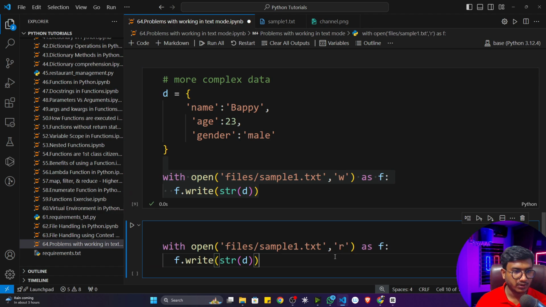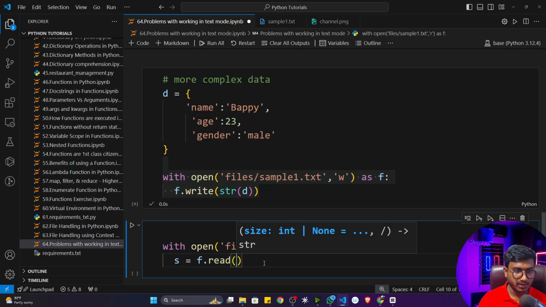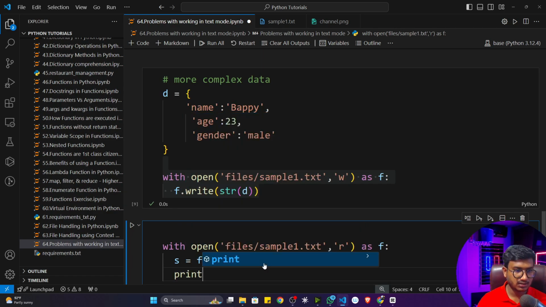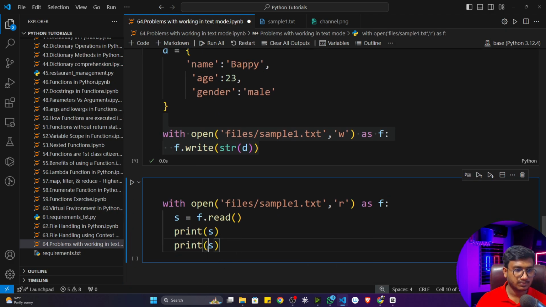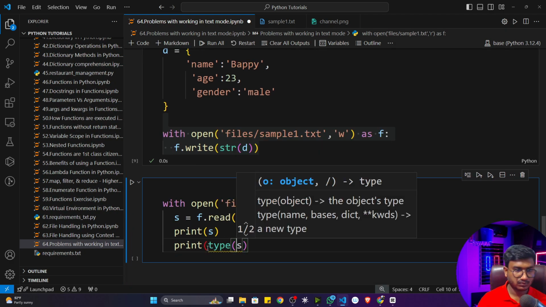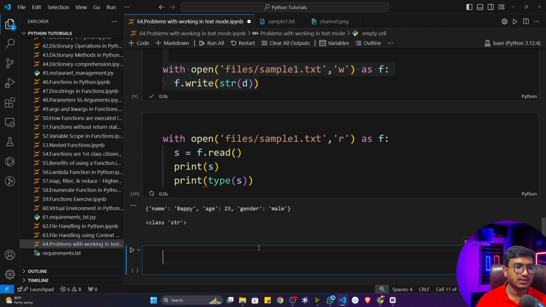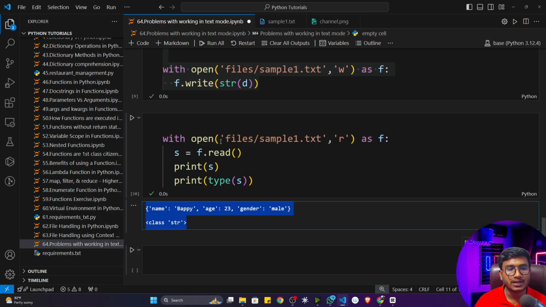I'll open it in read mode, do the read operation, and store it in a variable, let's say s. Now I'll print s, and I'll also print the type of s. You'll see that it's a string, not a dictionary.